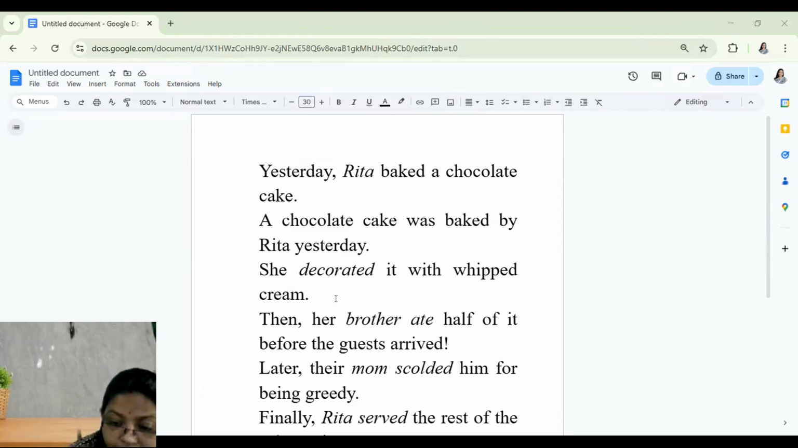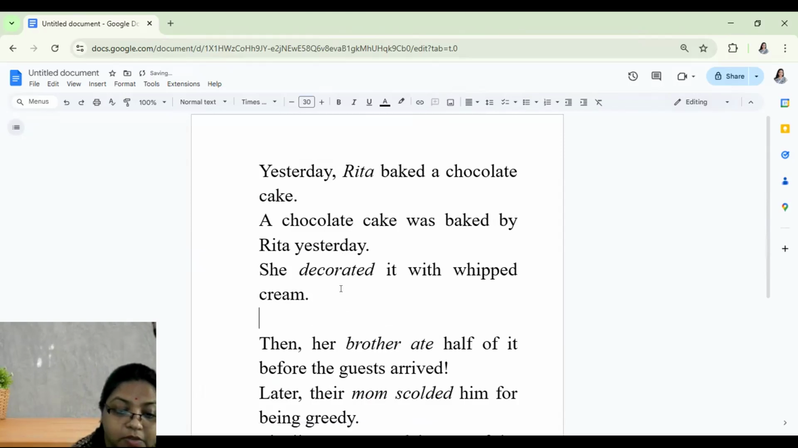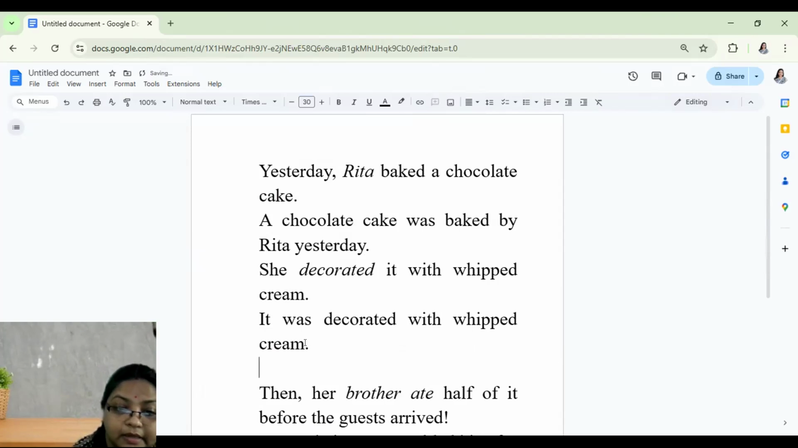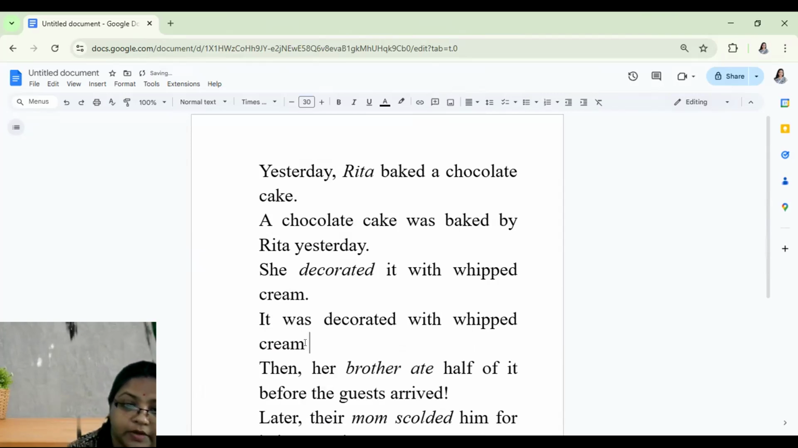So instead, we can put it like this. It was decorated with whipped cream. That's it. So "by her" is again not required, even to replace "she". It was decorated with whipped cream. I'm just putting it in brackets. You can write it or you can avoid this. "By her" to replace "she". Then her brother